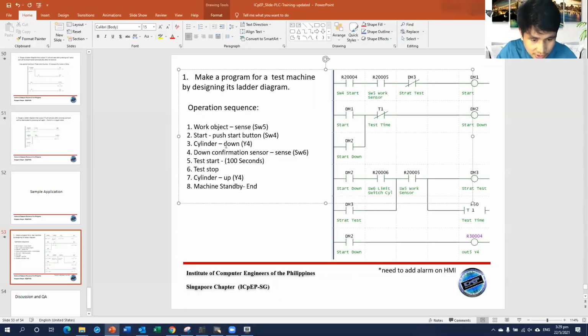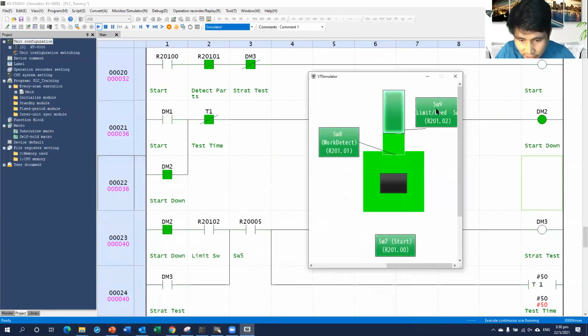So cylinder down and then down confirmation. So we need to have a down confirmation. So once I click this limit switch, for example, it's already reached its down button. So the limit switch already sends the cylinder that's already on to go down. So I will press, but nothing happened, because the limit switch here is